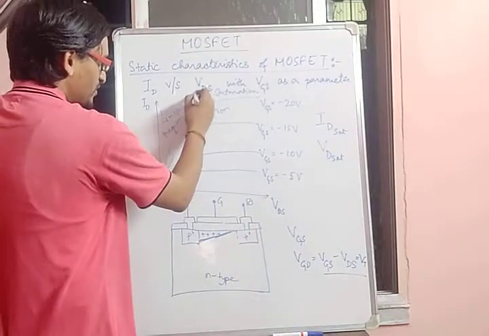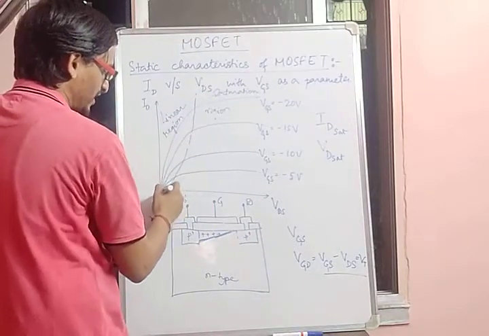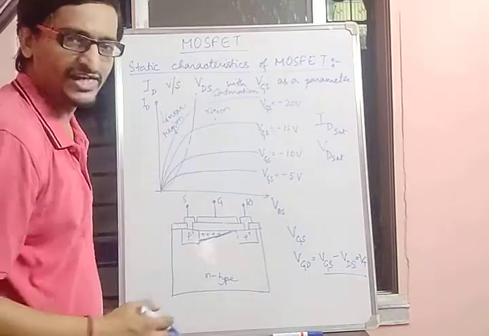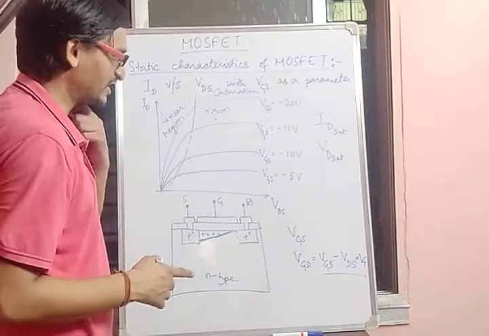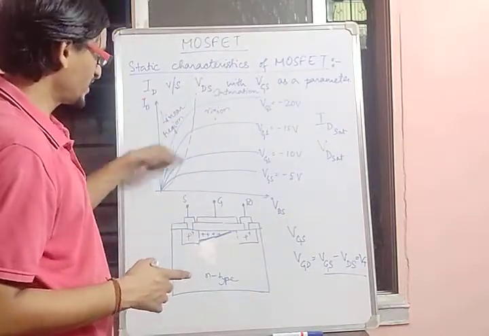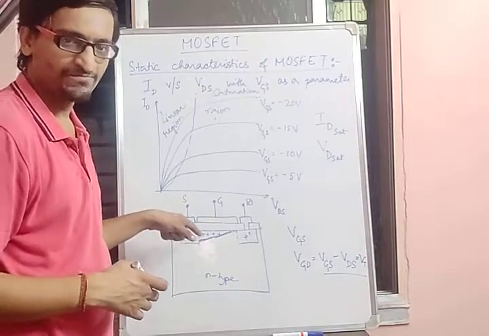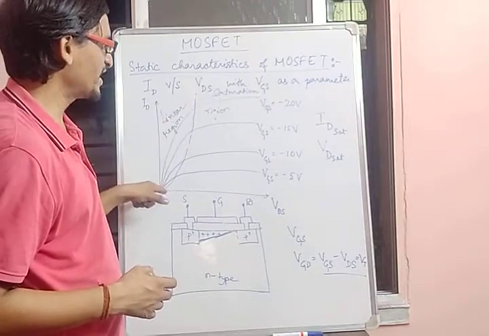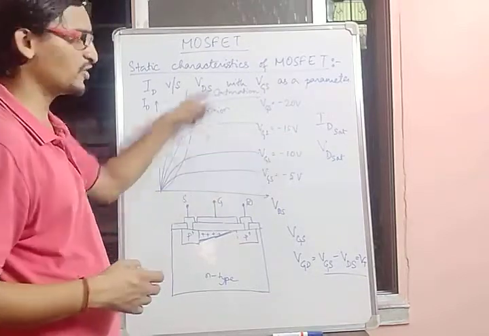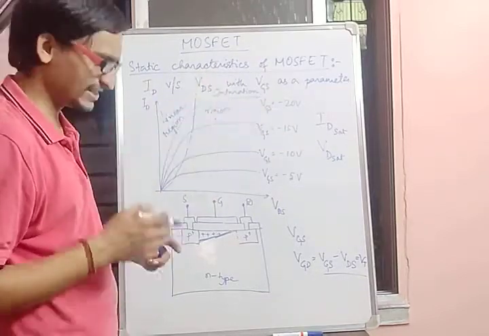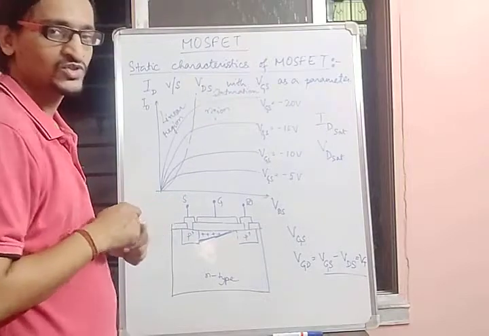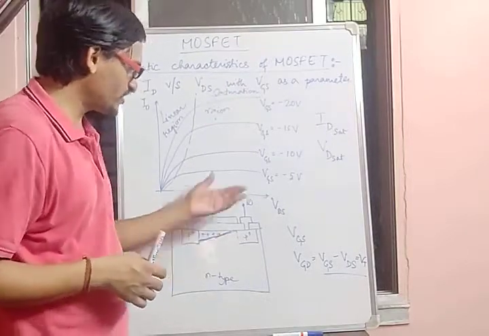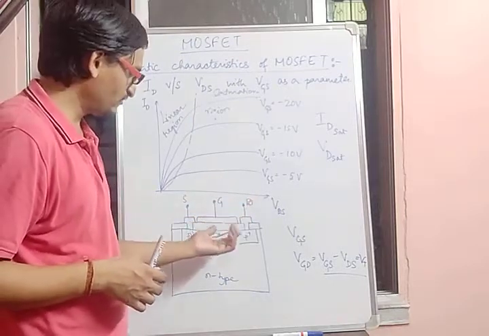This saturation voltage is being represented by this dotted curve. These are basically the values of your drain saturation voltage, the saturation drain to source voltage, for various values of VGS. As you can see, as we make this VGS more and more negative, this VD SAT keeps increasing, and ID SAT, the saturation drain current, is also increasing. As we make this drain to source voltage more and more negative, what will happen?